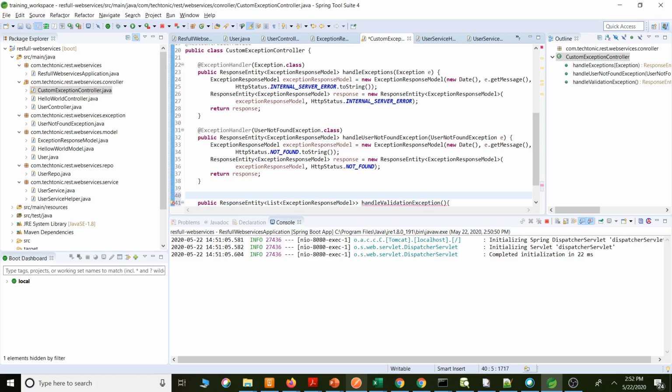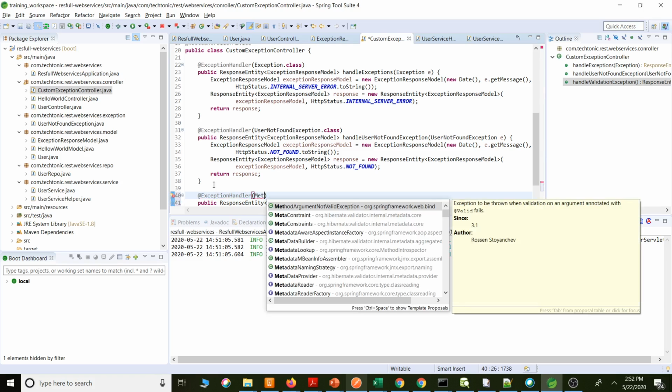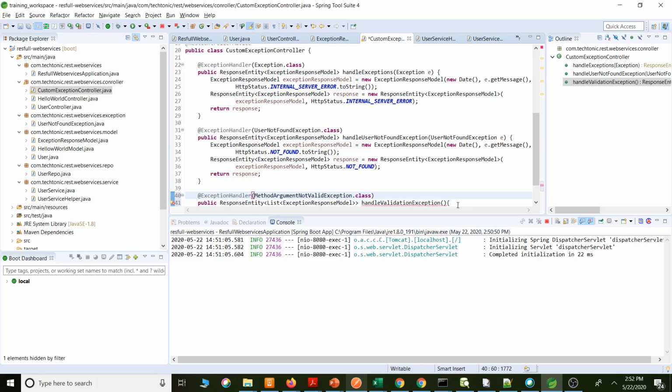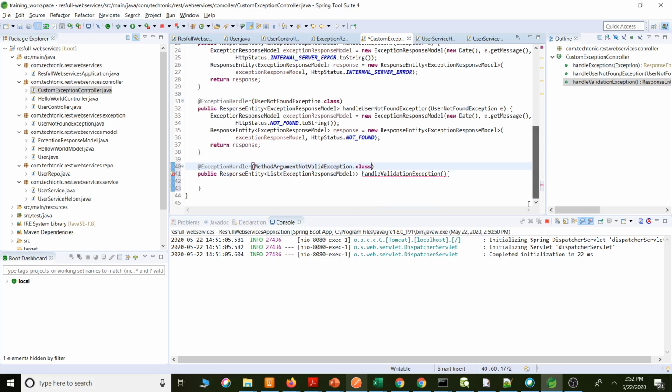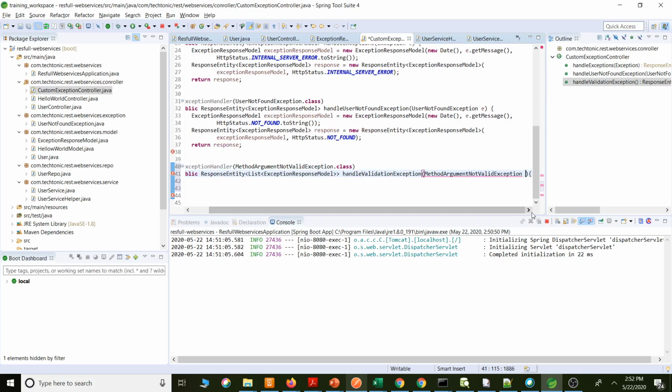For this we need to annotate @ExceptionHandler. Which exception throws, this method has to be called? MethodArgumentNotValidException. If Spring throws this exception, then we need to call this function. MethodArgumentNotValidException, here I can say ex.